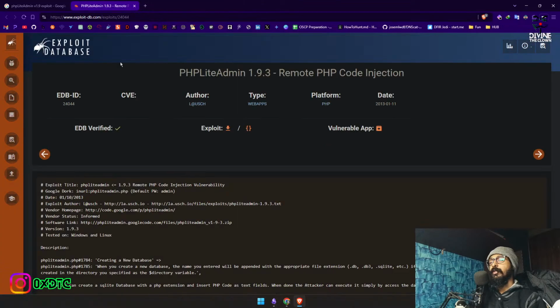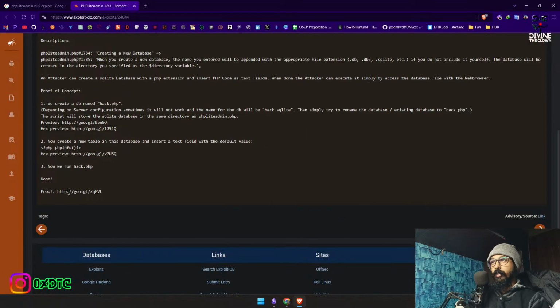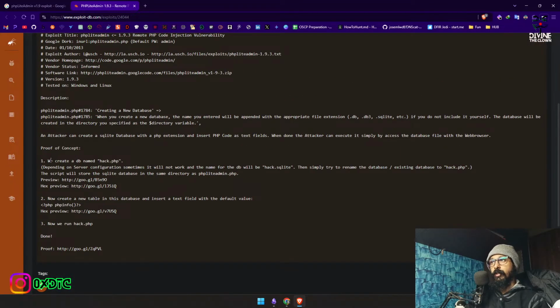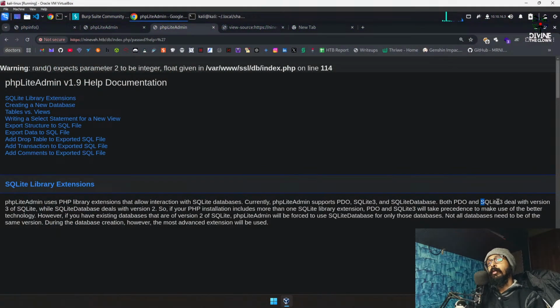Garbage information. What do we have here? Okay, we have the proof of concept here. We created a DB named hack.php. Depending on server configuration, sometimes it will not work, and the name of the DB will be hack.sqlite. We are using SQLite, so it is going to be